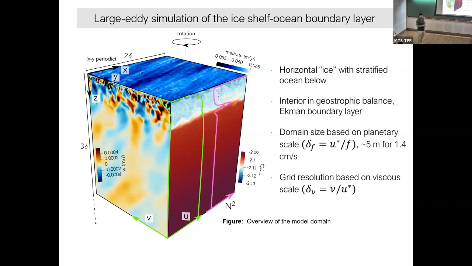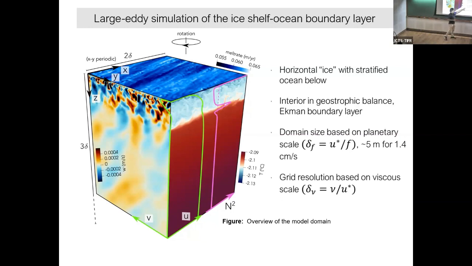And here we also have a geostrophic flow, like a rotating boundary layer. We give a geostrophic flow underneath, and we can control that geostrophic flow by a pressure gradient. So we can make an energetic geostrophic flow and a non-energetic geostrophic flow. And then these are some of the important parameters, which decide the grid spacing.